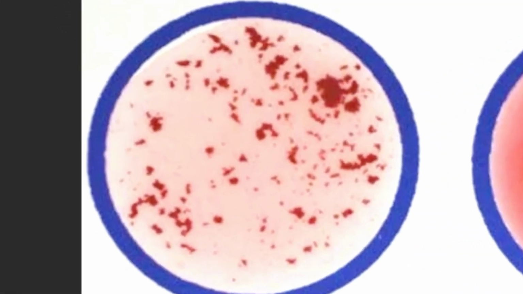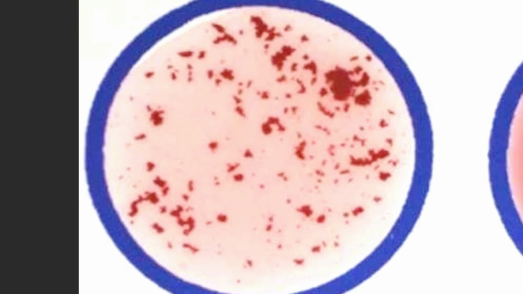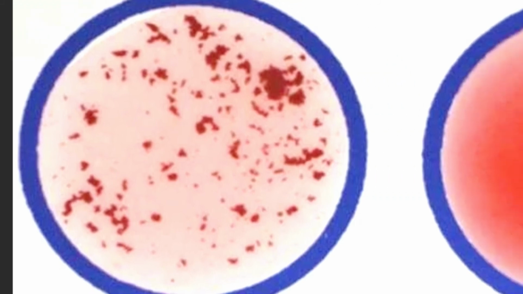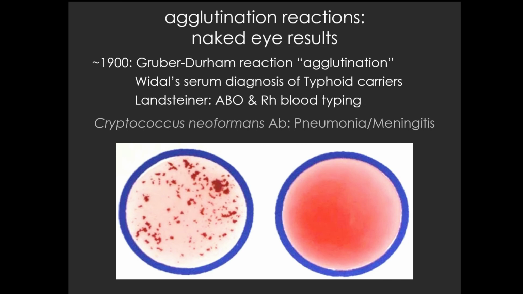As you can see from this diagram, the positive on the left-hand side shows obvious clumping, which is made much more visible because of the red latex beads, as opposed to the negative test on the right-hand side, which just sort of has a pink haze. So clumping on the left, an example of a positive result, no clumping on the right as an example of